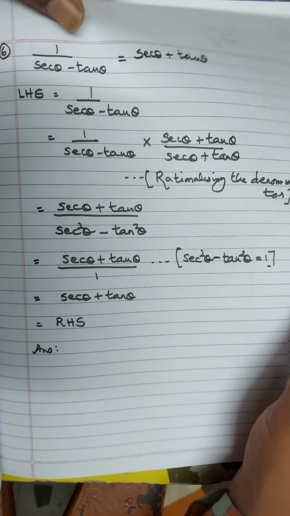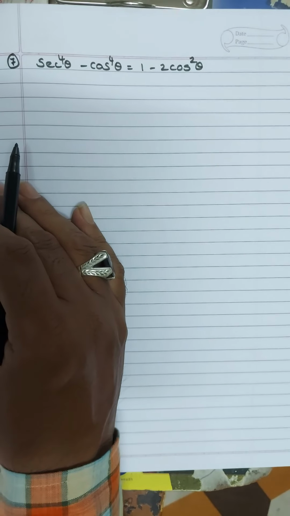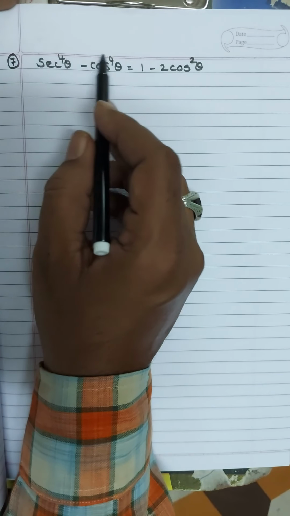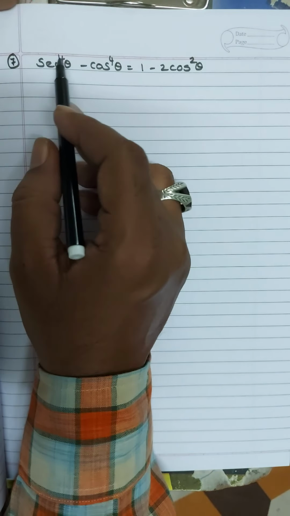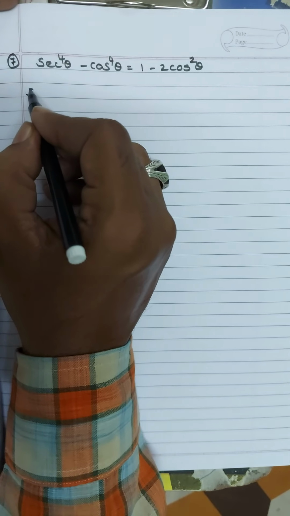Very simple, very easy. Okay, now let's go to the 7th question, also very important. Here power 4 is there, so we need to split it into 2. So how can we split it? See here,